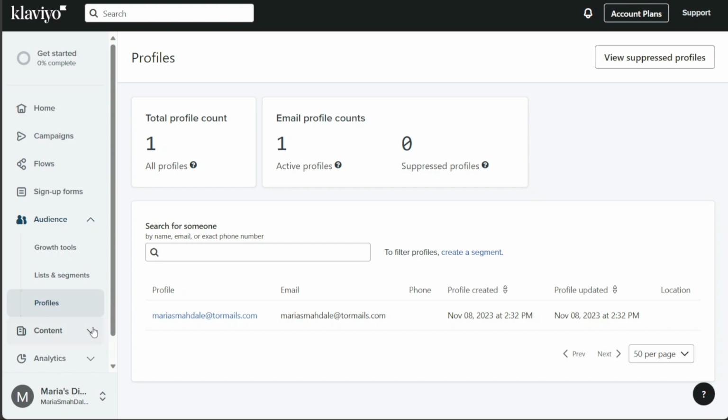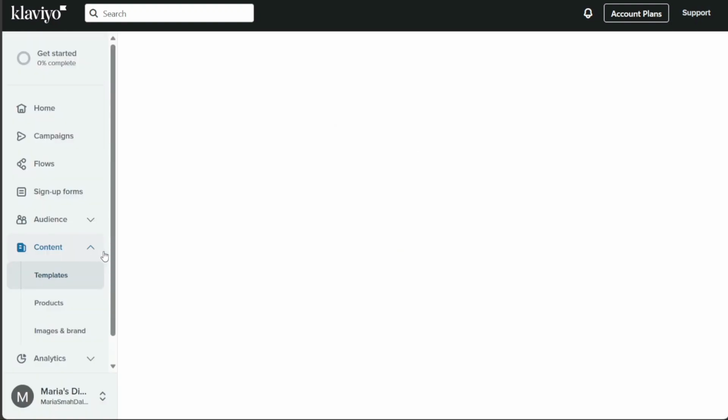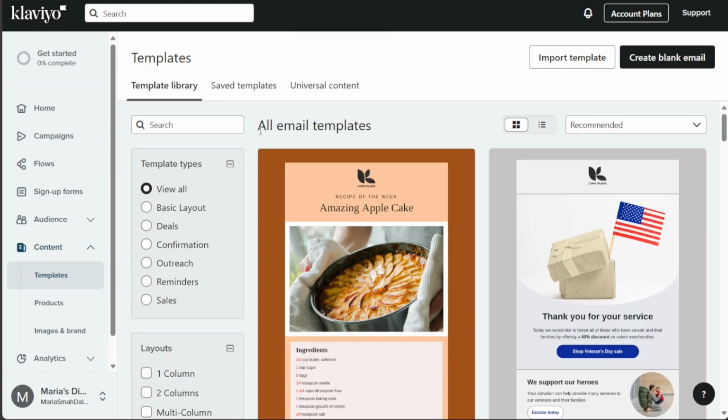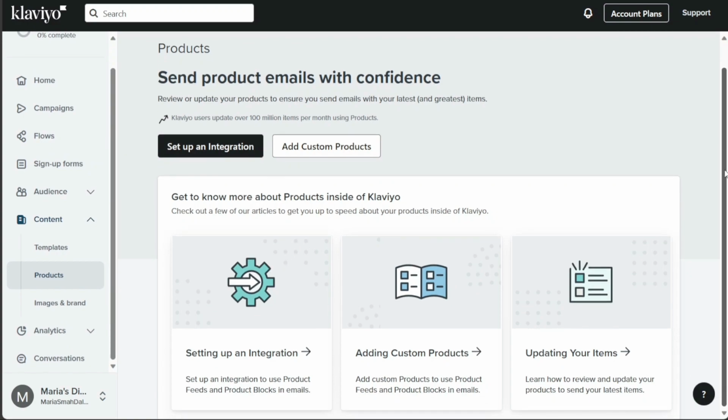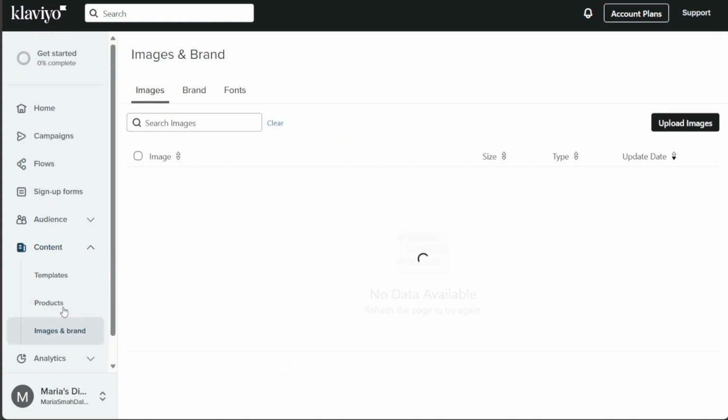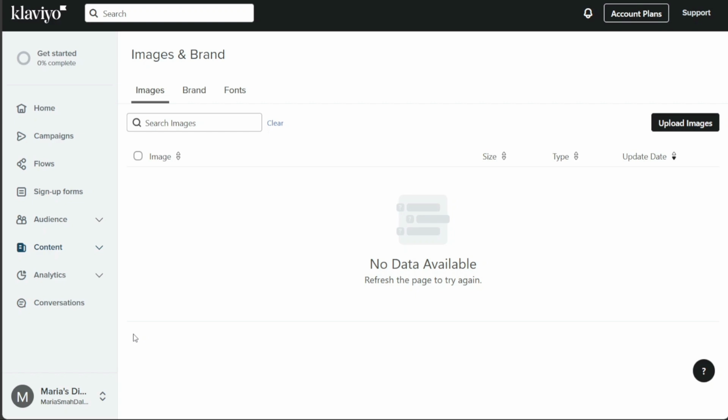The Content tab in Klaviyo contains three sections: templates, products, and image and brand. In templates, businesses can find pre-designed email newsletter templates that they can use for their email campaigns. In products, businesses can set up an integration to use product feeds and product blocks in their emails, which can be especially useful for e-commerce businesses. Finally, in image and brand, businesses can upload images, logos, and fonts to create a consistent brand image in their email campaigns. By using the Content Lab, businesses can easily create visually appealing and on-brand email campaigns to better engage